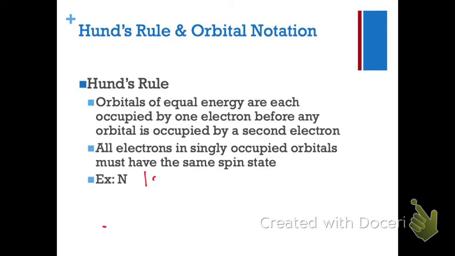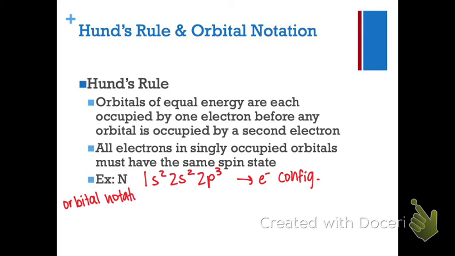Okay, nitrogen is 1s2, 2s2, 2p what? 3. 2p3. Okay, so this is the electron configuration. Now the orbital notation is what I'm going to draw next. That's our new topic for today. Orbital notation, right? Notation is just like a way to draw something. So orbital notation is going to be right here, and I'm going to draw the orbitals